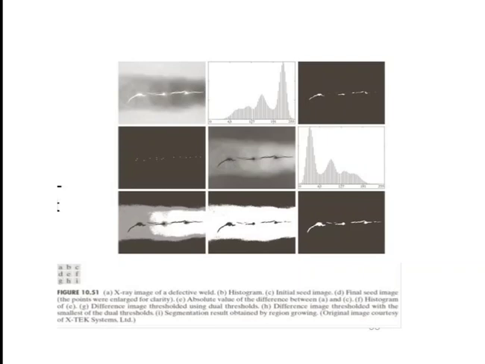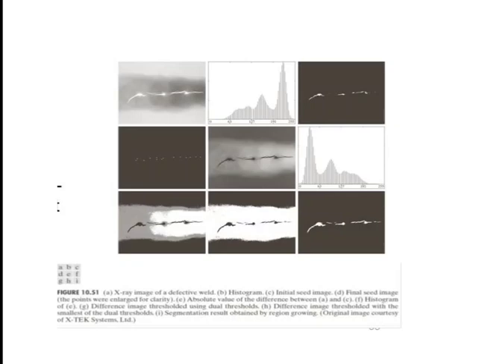Figure B shows the histogram of the image and figure C shows the thresholded result obtained with the threshold set to the 99.9 percentile of the intensity values in the image, which in this case was 254. Figure D shows the result of morphologically eroding each connected component in figure C to a single point.